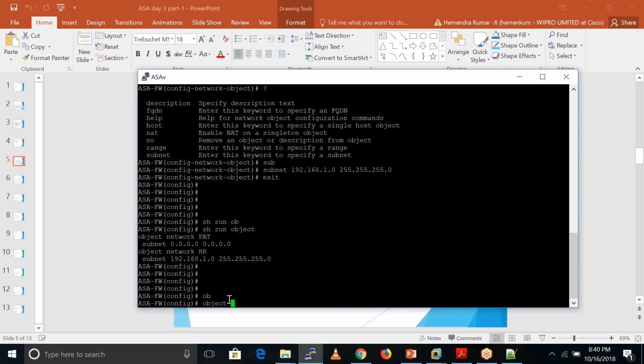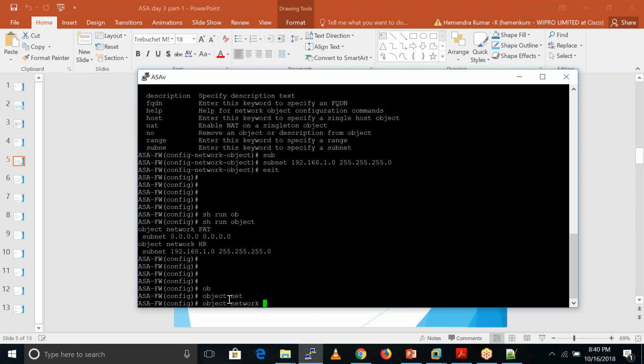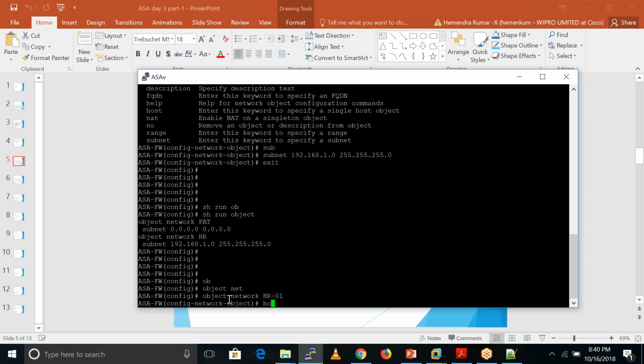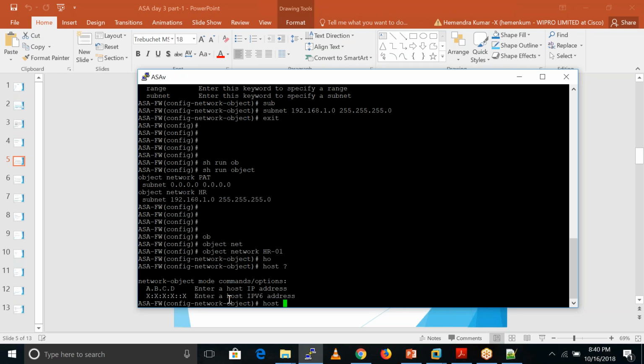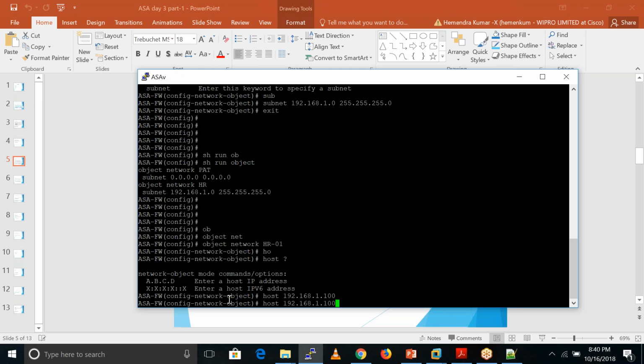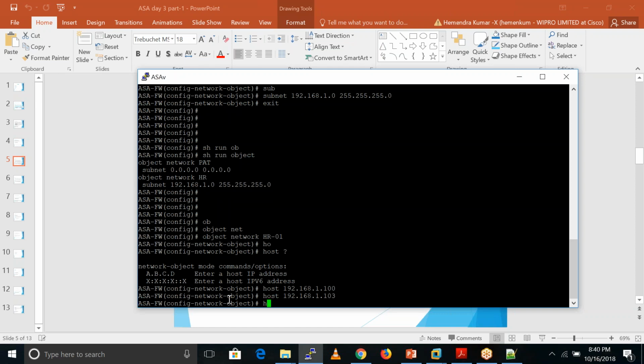You just go to object network. You can give a name, like I am giving you HR01. In that case, you use the host keyword. Let's suppose this is one HR user using 100, another using 103, and another using 105.